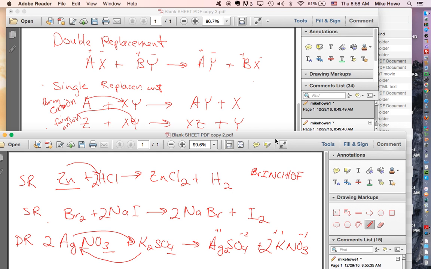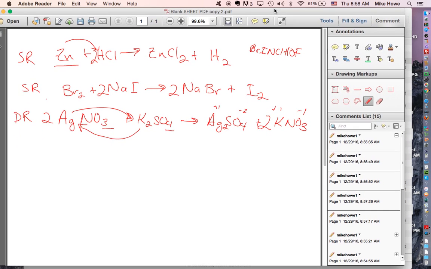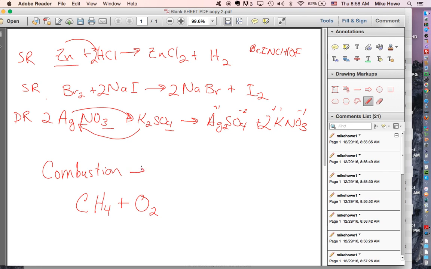And now there's one other type of reaction. The 5th kind of reaction is a pretty simple one. So reaction type number 5 is called combustion. Combustion involves burning a hydrocarbon. I'm going to use methane as an example because right now I can hear my furnace running, which reminds me that that's what I'm burning to heat my house. So I've got CH4 plus oxygen. So combustion means to burn. What's burning mean? Combine, burn to create